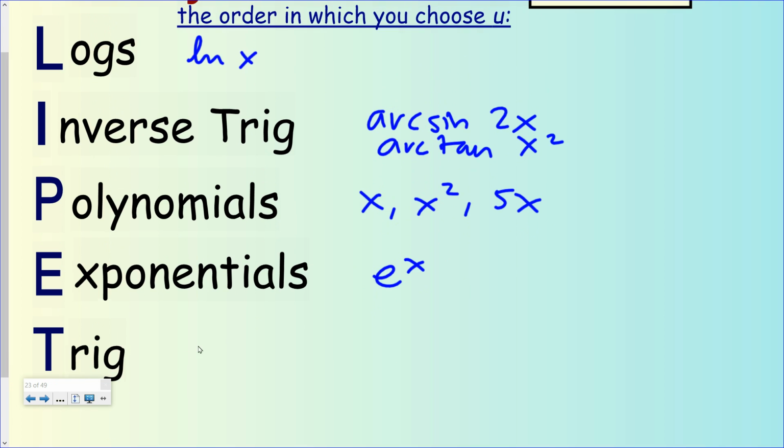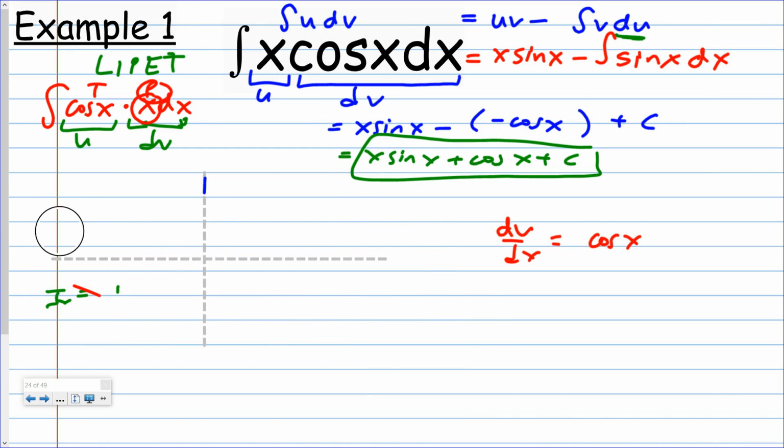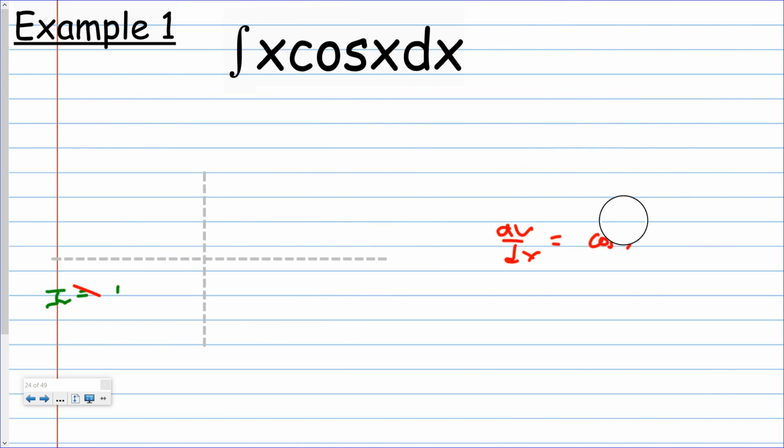So make sure you understand trig is just your regular sine x or cosine x or tangent x or whatever it is. Okay, that's your trig. All right, so remember that in order, and let's work the first problem. So what you do when you try to use substitution first and it doesn't work out. First, make sure you try substitution, and if it doesn't work out,